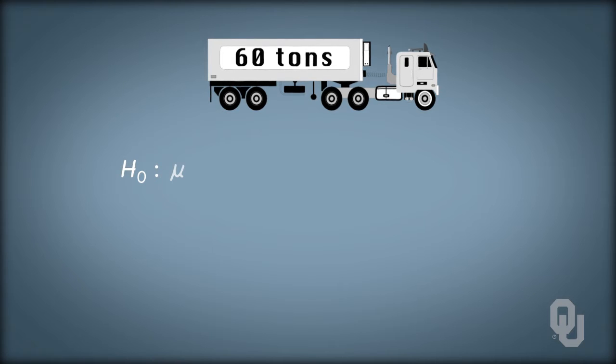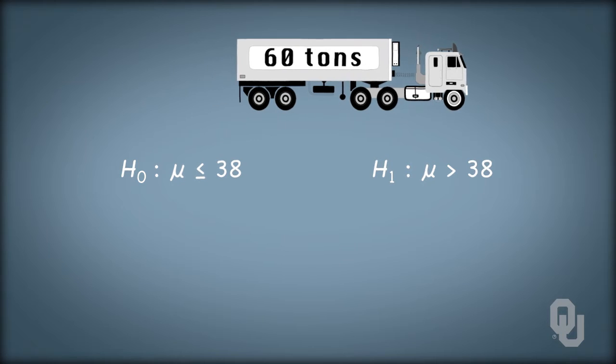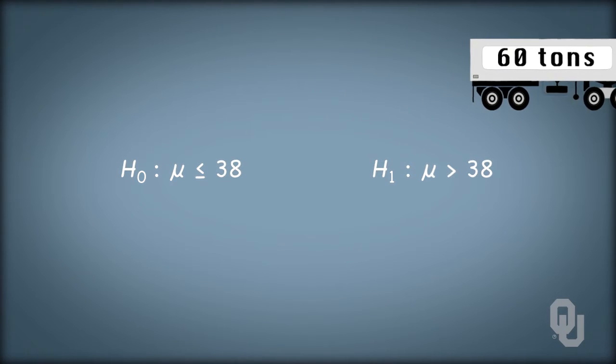That implies greater than 38. Being equal to 38 doesn't show improvement. Only being greater than does. So that tells us that one of the hypotheses should contain greater than. And since greater than doesn't imply equality, and because equality is always in the null, then the alternative hypothesis must contain